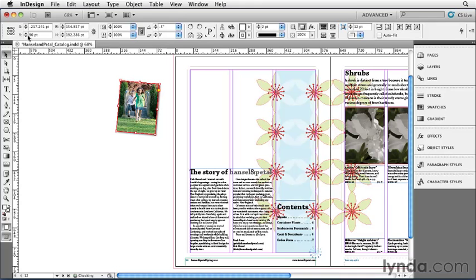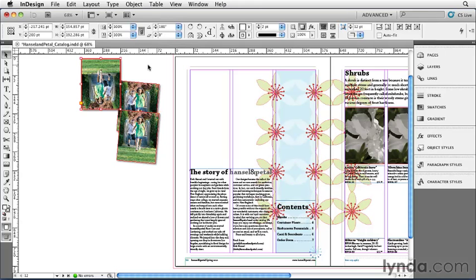So let me undo that, Command-Z or Control-Z, and I'll change this to 200 points, and I'm going to hold down the Option key or the Alt key on Windows when I hit Return or Enter. Remember, Option or Alt always means duplicate. So Option-Return, or Alt-Enter, will duplicate this down so that this one's at 200 points down in the upper left corner. I can do that same trick in all of the transformation features in the control panel. For example, I'll come up here and change the rotation value to, let's say, 180 degrees. If I hit Return, it'll rotate at 180 degrees, but if I Option-Return or Alt-Enter, it will duplicate it and rotate at 180 degrees.